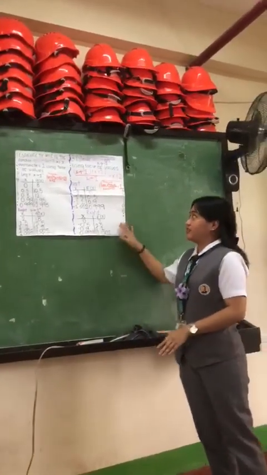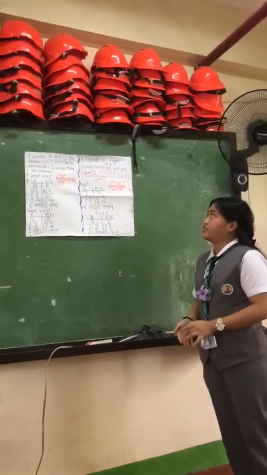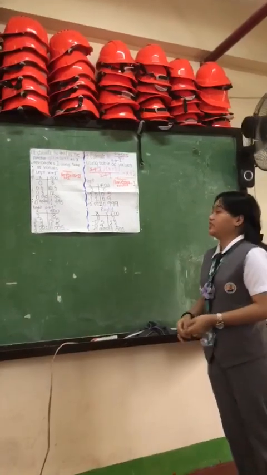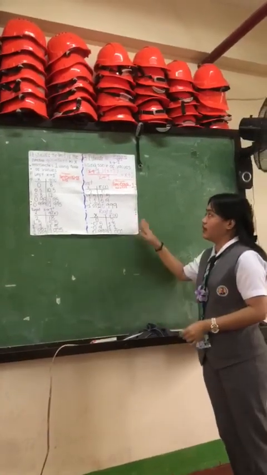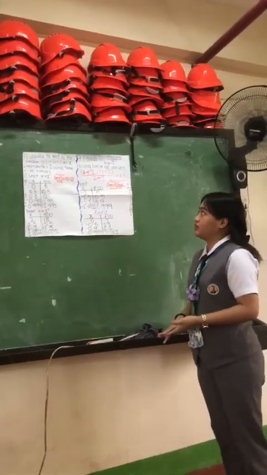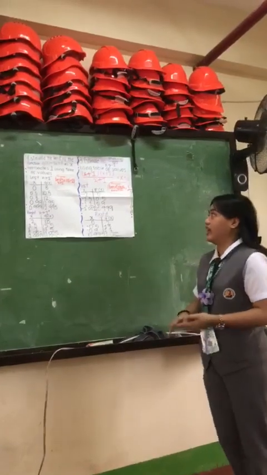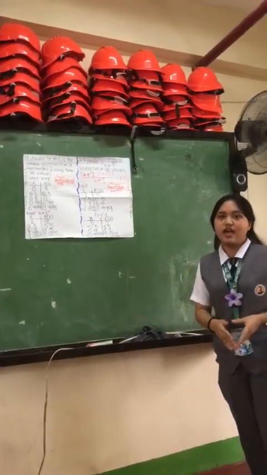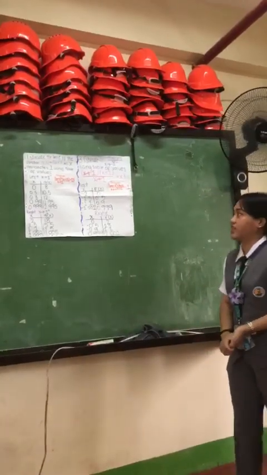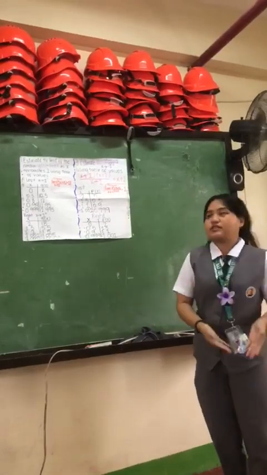And for number 3, estimate the limit of the function x squared plus 3x plus 2 over x plus 1 as x approaches negative 1 using a table of values. Looking at the given function, the numerator we could write as the quantity x plus 1 times the quantity x plus 2. We are factoring it, and we could cancel x plus 1 from the numerator and the denominator. That will leave us x plus 2, and x plus 2 will be the function that we're using.